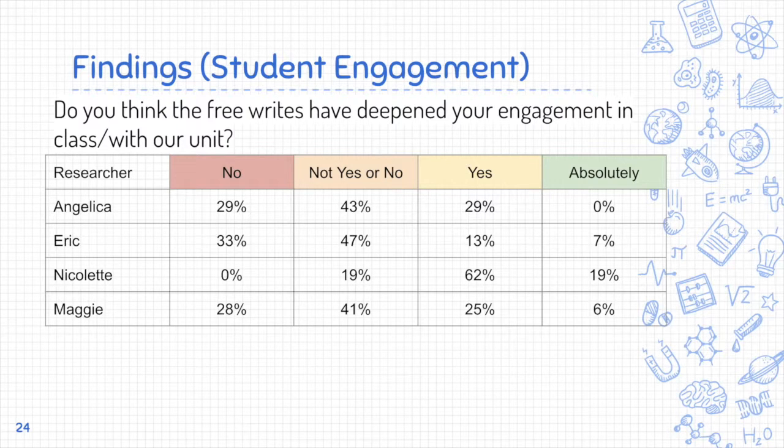The majority of Shasta students responded extremely similarly, as you can see in the no column, with Angelica, Eric, and Maggie's responses all hovering around 30%, and then our neutral section around the 40% line, and then we move on into the yeses, which do vary a little bit, but I did think that the no and neutral response similarity was pretty interesting.